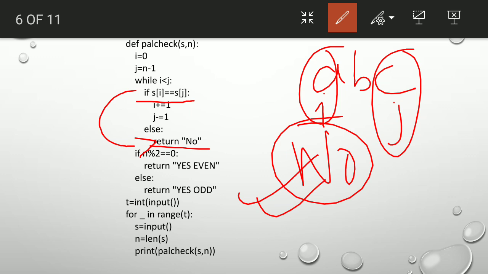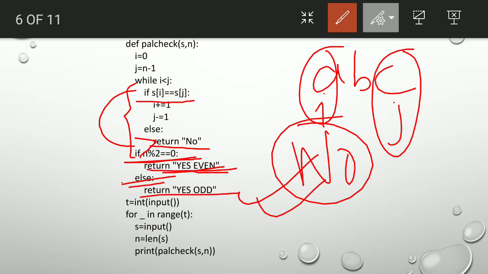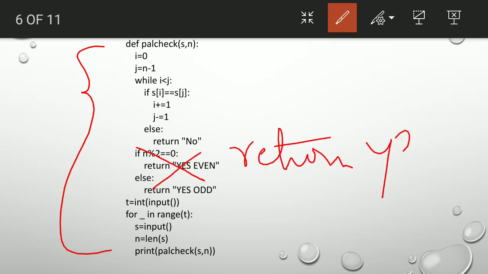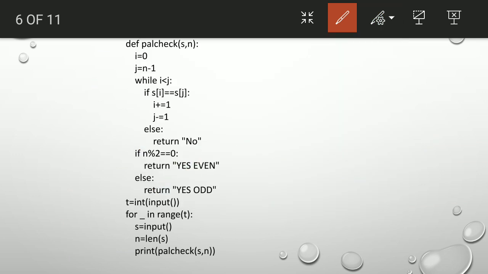Okay. If it is a palindrome, then only it is going for this if, and if it is even, then it prints this one, else it prints this one. Okay, very easy question. Previously I explained the palindrome problem. Same palindrome problem only, you are having the same code. Instead of doing this one, here we are directly returning the s. Okay, same palindrome problem, but here we want to give the even and odd as well, so we have written this one. Okay, so in this way they will make some changes, so you must act accordingly to the questions.